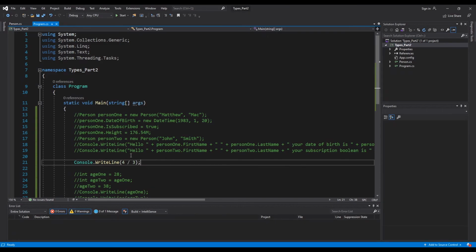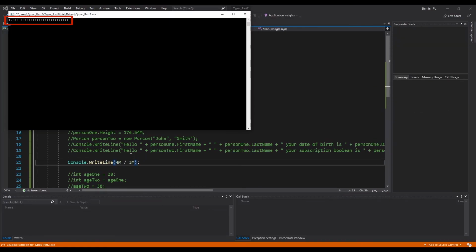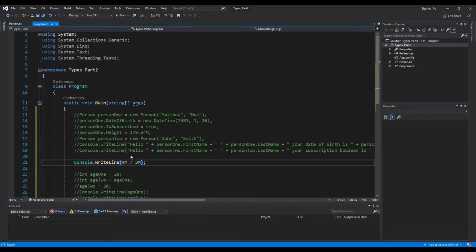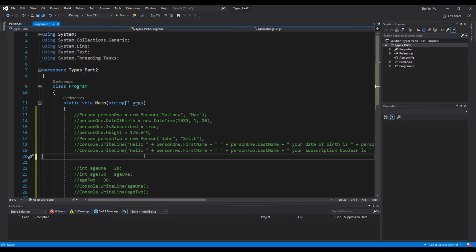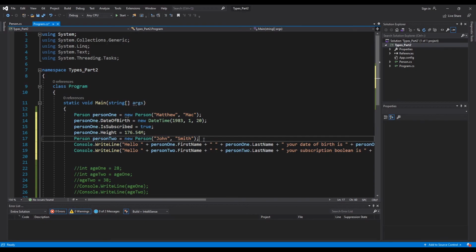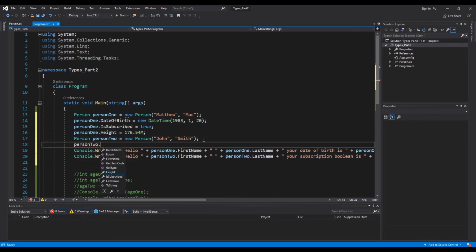If you stipulate that these are decimal values like this, then you will see your result the way you most likely wanted to. This is something worth keeping in mind because you can sometimes get some very undesirable results when working with numeric values if you aren't fully aware of the way the types are inferred and work together during mathematical operations. So let's continue to set the second person's height like this,